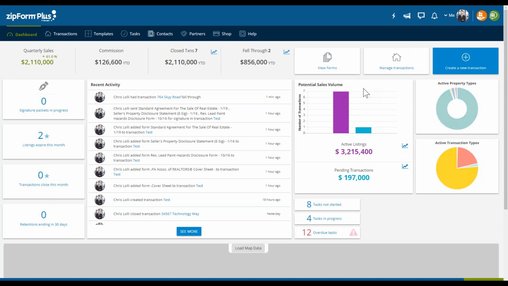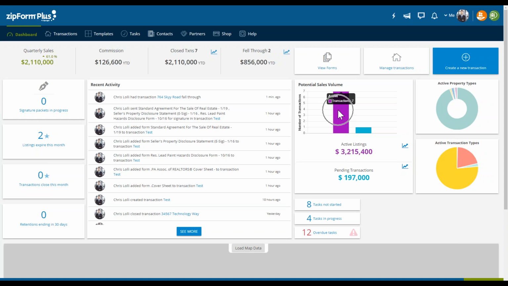Now this bar graph, which is potential sales volume, the idea here is to look at that TMS or transaction management data, which I alluded to a little bit a while ago. All the data that you enter into a transaction gets transported into this nice little neat dashboard tab, and you get to see everything live, kind of in action, which is kind of nice. As you saw, this value changed immediately as soon as we changed the actual metrics.